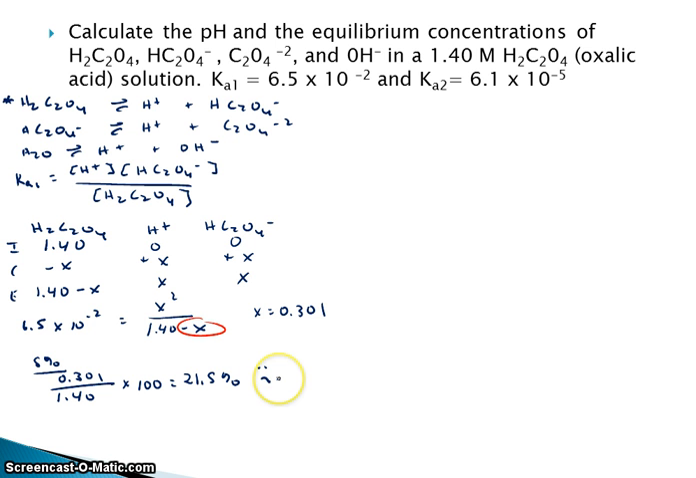So, we've got a problem. X is significant in this particular problem. So what we're going to need to do is go back and solve using our quadratic equation. So when we take this equation up here and manipulate it, we're going to get x squared plus